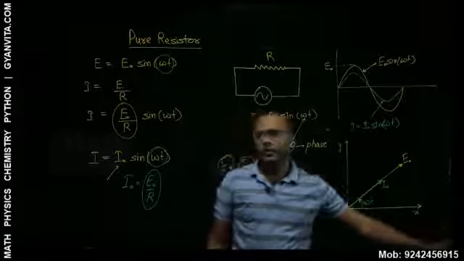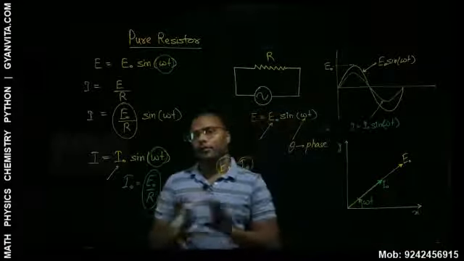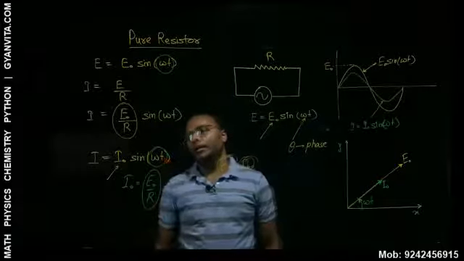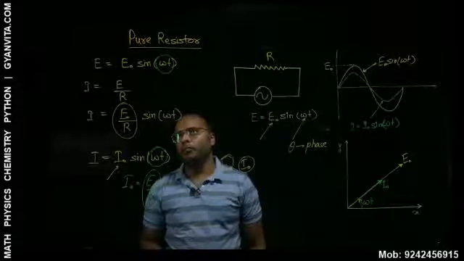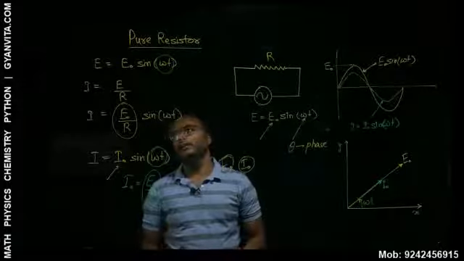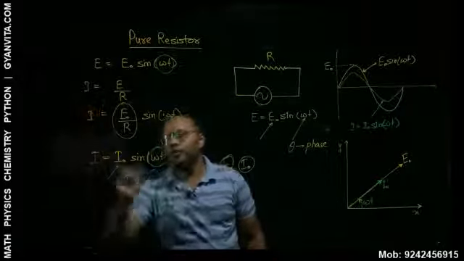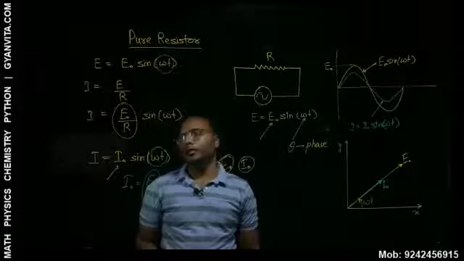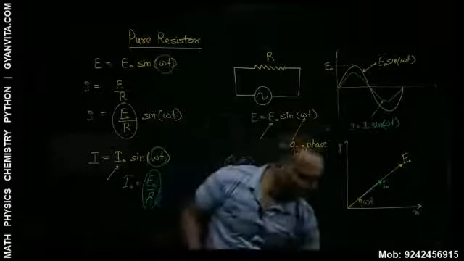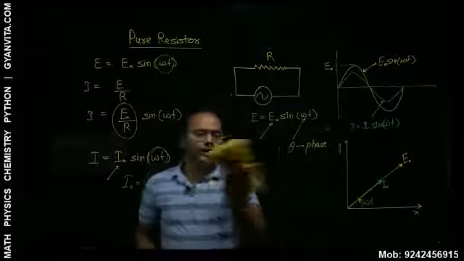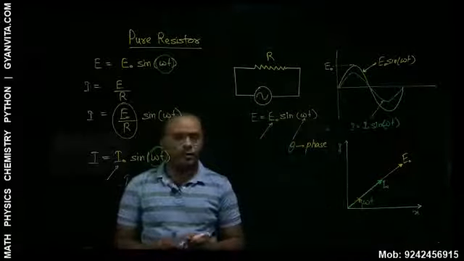And in this case, especially in the case of resistors, we already know the opposition. Opposition is nothing but E divided by I, right? So if you divide E by I, what you will get? You will get R, right? So the opposition which is being offered, how to find that opposition? Opposition offered to the current, if we have to find that.